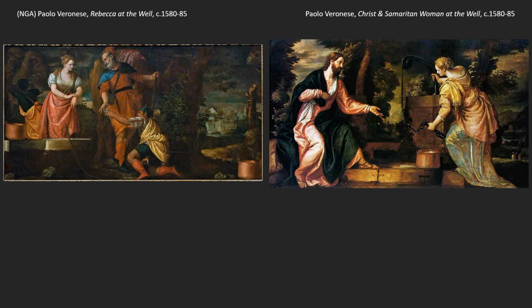And what Sixtus had done was to get a bunch of artists to give him scenes from the life of Moses and scenes from the life of Christ. Because for Christians, Moses' life and Christ's life had significant parallels. Both led their people out of bondage into the promised land. Although Moses never saw that, Christ died as well before the people reached the promised land. You see, there are parallels here, right?